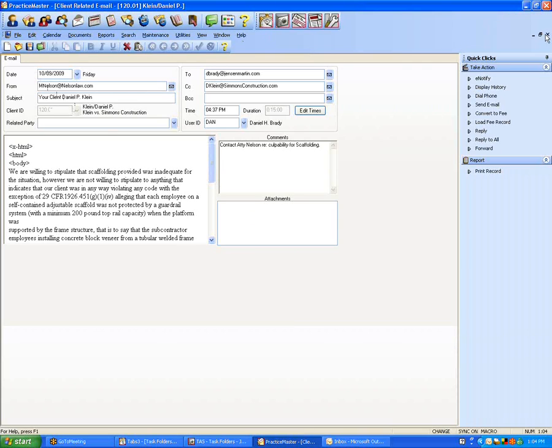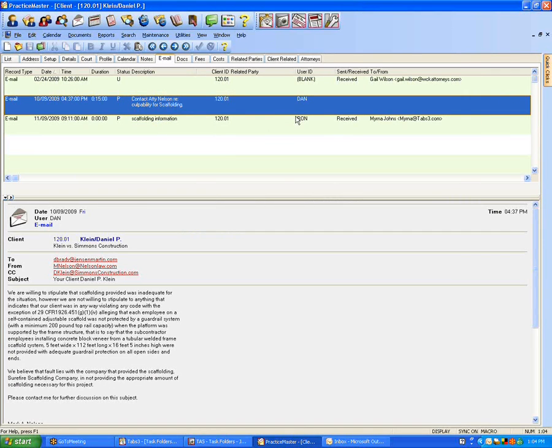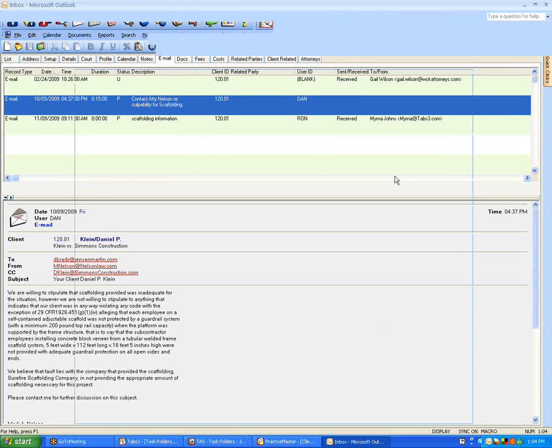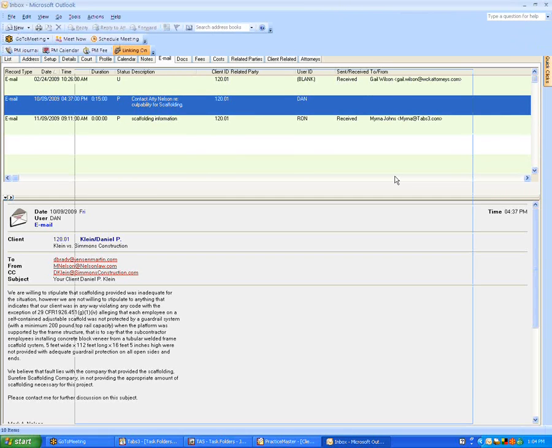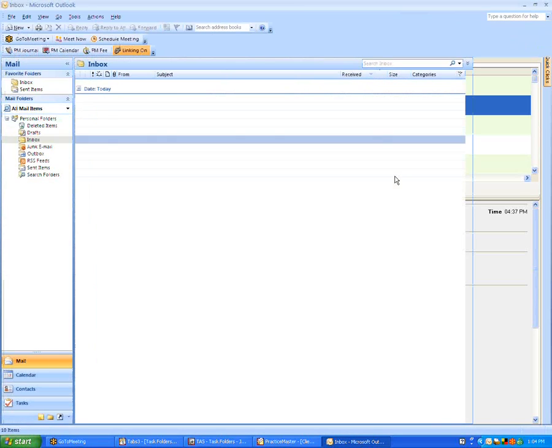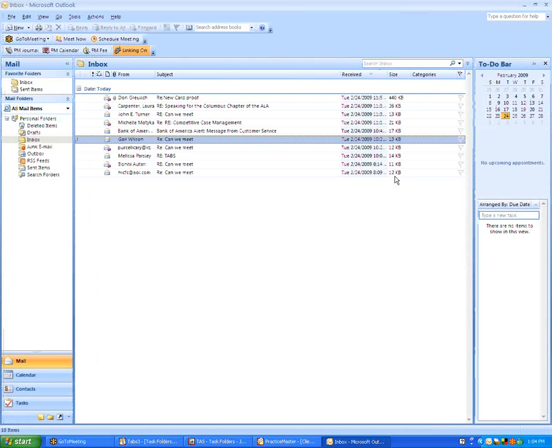Now, some of you have heard me talk about people centricity versus case centricity. And it's an important concept, and I'm going to briefly touch on it here. When you're in an email program like Outlook, and you send an email to John Doe, your client, and you carbon copy Bob and Phyllis in your office, and John Doe, the client, replies to all and asks a single question, and Phyllis knows the answer, so she replies to John Doe and answers the question,